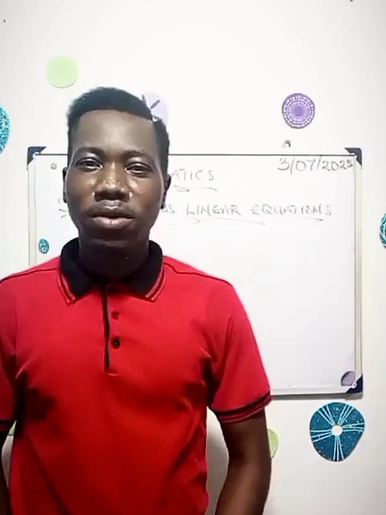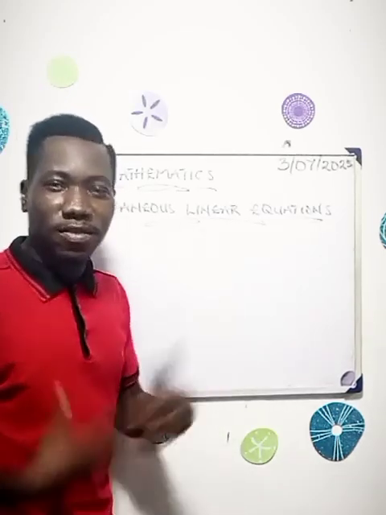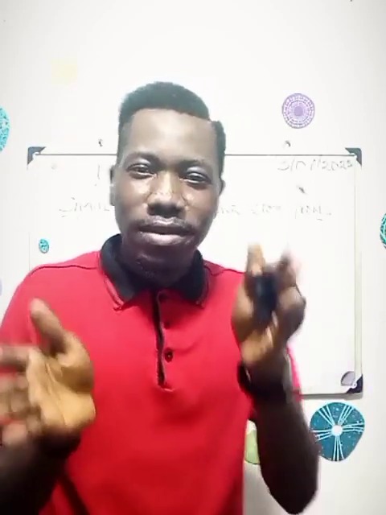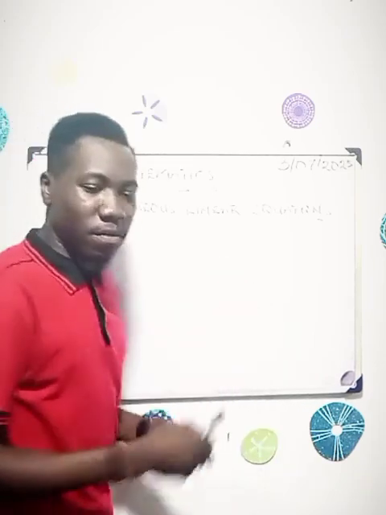All right. So simultaneous linear equations. What are simultaneous linear equations? The word simultaneous basically means concurrent, happening at the same time. So these are equations that cannot be solved on their own. You need them in pair with another to be solved. Why is it so? Because you have, for example, an equation like